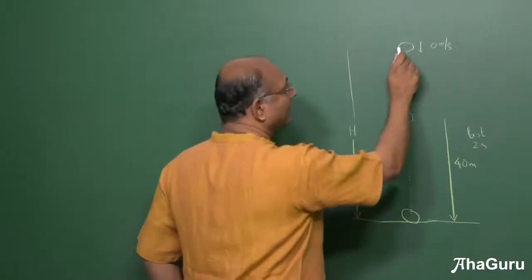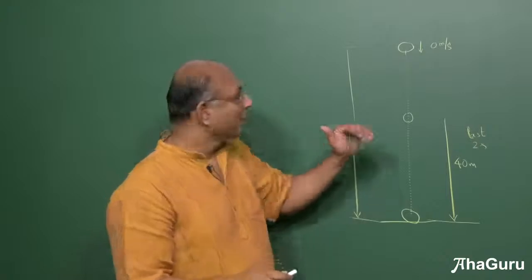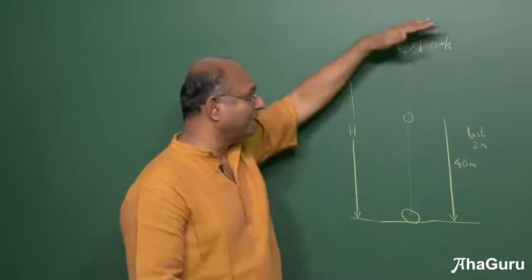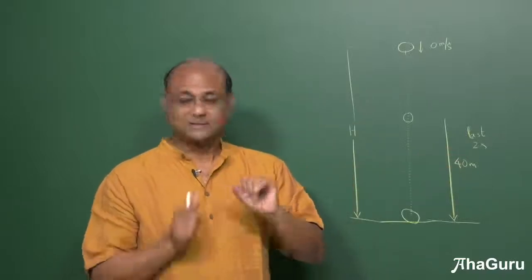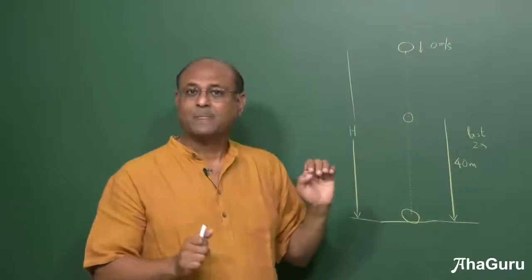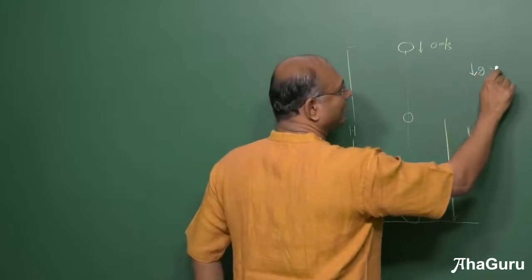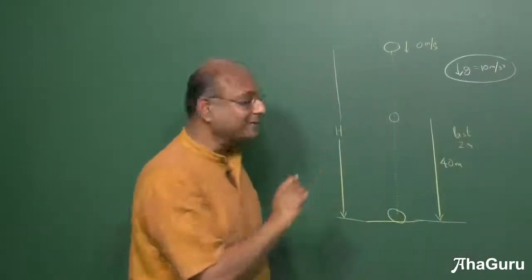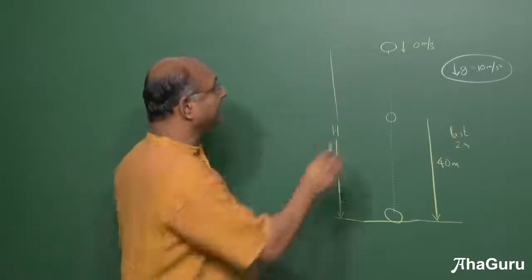So in this question, an object has been dropped from some height h. It's traveling down, and in the last 2 seconds of its motion, it has traveled 40 meters distance, right? It has fallen by 40 meters. G is of course 10 meters per second square, so that is given. Now, we did this problem earlier. In the previous lesson, we did this problem. How would we do this problem? You will say, let this time be t.